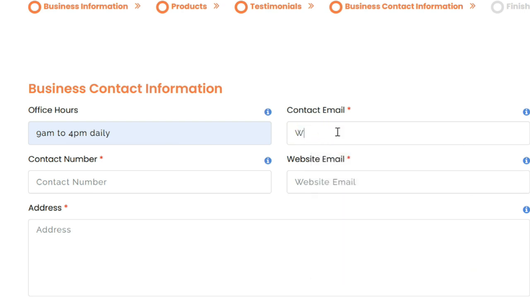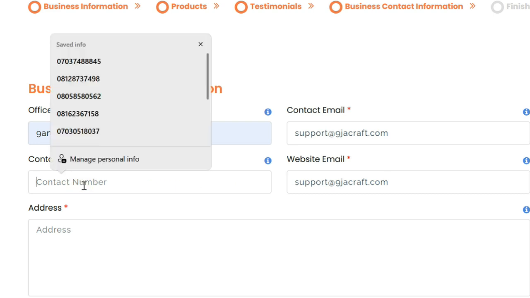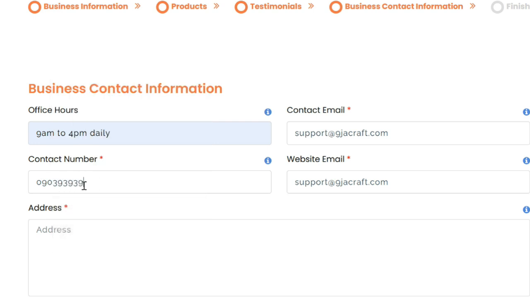You can decide to say Nigeria craft, or you can decide to say support at nigeriacraft.com, for instance. You can still use this as the website email. Then the contact phone number, you can use any number 090. I'm just using this for doing sake.